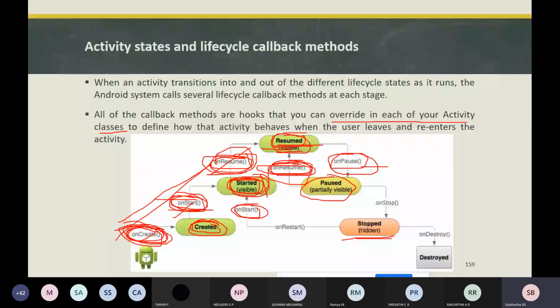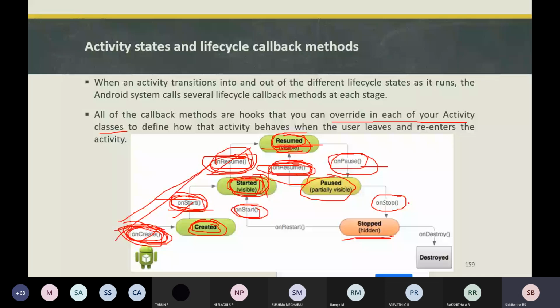So if your activity is in a stopped state, the onStop callback method is called, where your activity will be in a back stack. That is, it will be in a stack where the activity is not displayed on the screen.